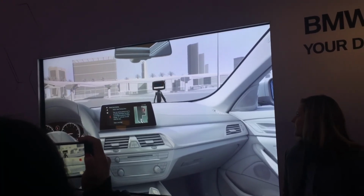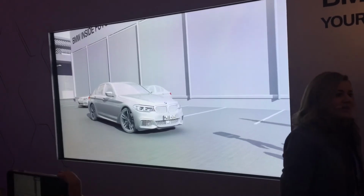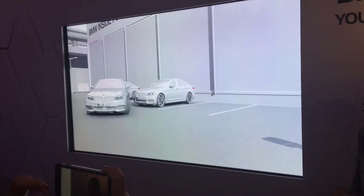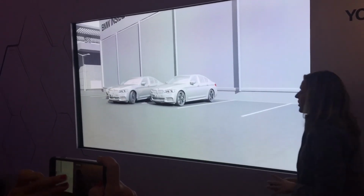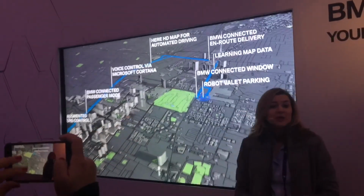So Linda leaves the vehicle now. And the car parks itself autonomously. So very hassle-free for Linda. The parking scenario is performed. So that was the BMW Connected